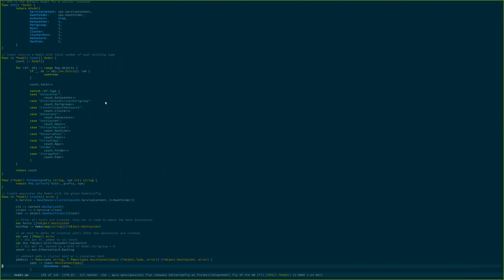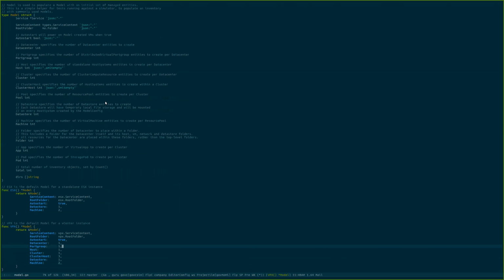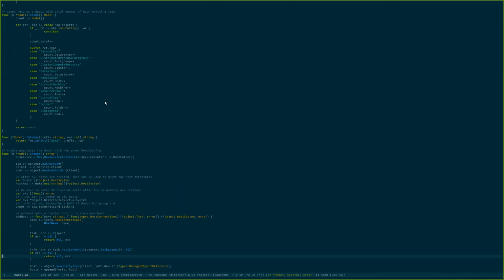And there's a couple of these default models. One is ESX. Really the main difference between ESX mode and VPX mode is the service content and root folder and the values of those fields. And of course, ESX doesn't support a lot of these fields, so they're just set to 0 for ESX. And when this model is actually created, which you also see this call in any of the tests that are using it inside of Go,